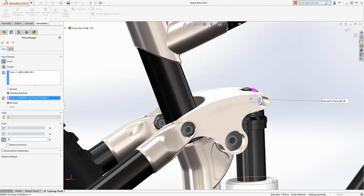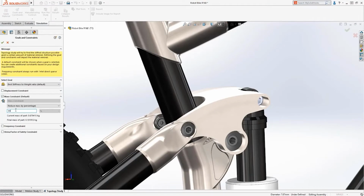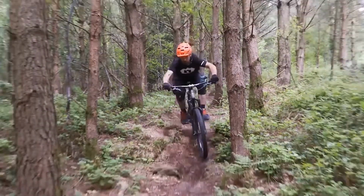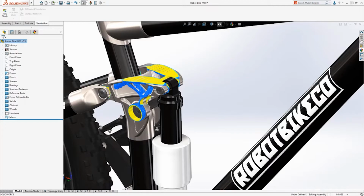Finally, we add our design goals and constraints. We want the best stiffness to weight ratio while eliminating low-frequency vibration. Now we let SOLIDWORKS calculate the ideal topology. With study results complete, we can quickly see where the geometry can be removed without compromising design performance. We'll use these results to guide the creation of machinable features and finish the rocker design, optimized for weight, stiffness,